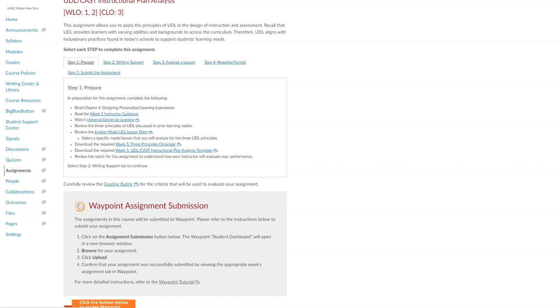Now that you've examined and explored the 3 different principles of UDL, you will take that knowledge and complete an instructional plan analysis. In other words, you are going to dissect a lesson plan to uncover where the 3 different principles exist. So as always, the first thing you will do is start with step 1 to prepare for this